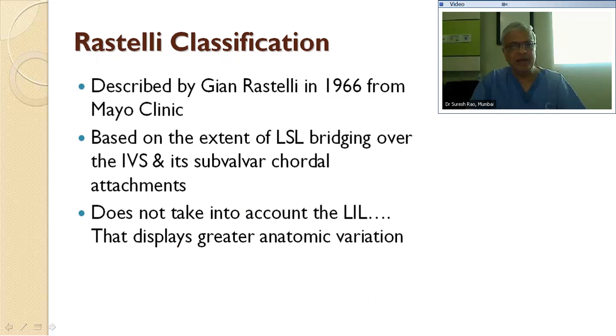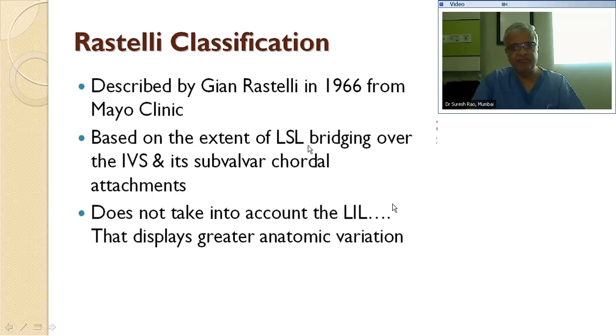It's based on the extent of left superior leaflet bridging over the interventricular septum, and its subvalvular and caudal attachments taken together. But it does not take into account the left inferior leaflet, and that displays greater anatomic variation. So therefore, this classification has an inherent problem because it takes only the superior bridging leaflet and not the